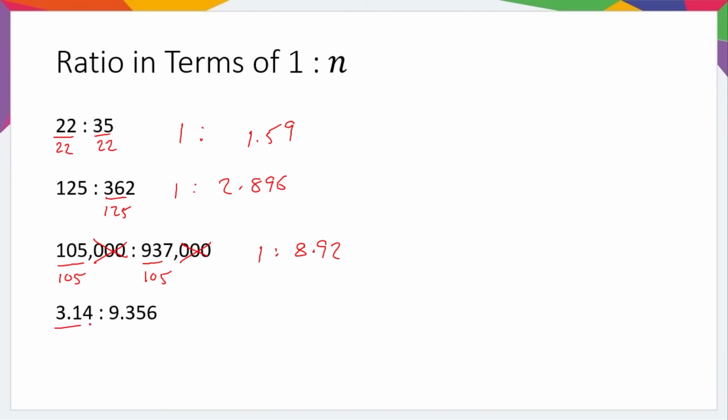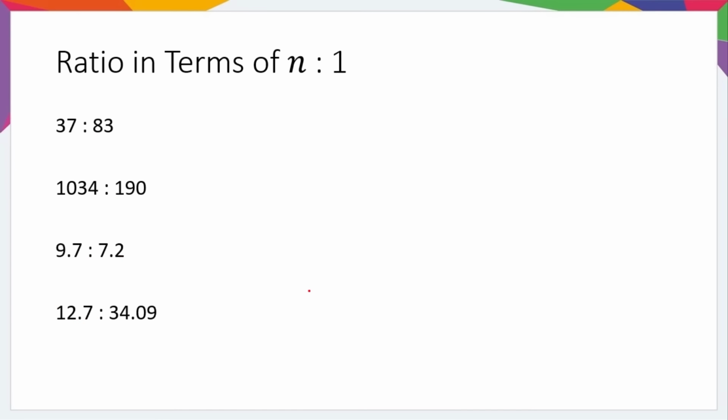And in this final example we're going to be dividing both numbers by 3.14. 3.14 divided by 3.14 is 1. Anything divided by itself is always 1. So on the right hand side we just need to work out what 9.356 divided by 3.14 is, and that comes to approximately